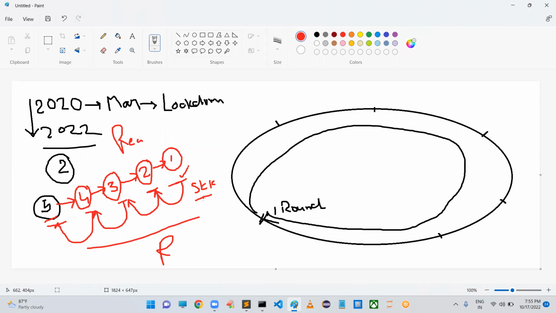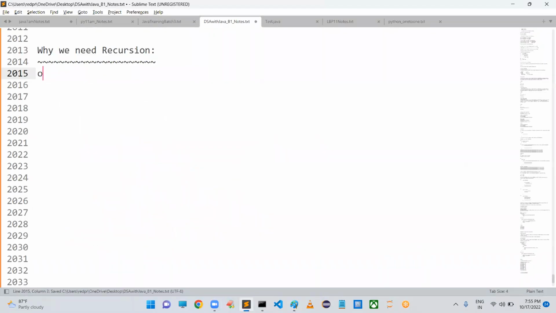Yes. This is why we need recursion, very simple. Sometimes, not every time.